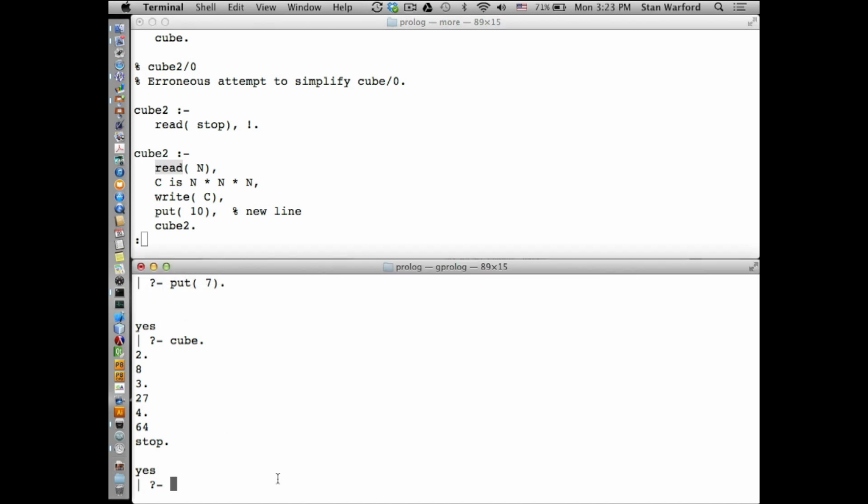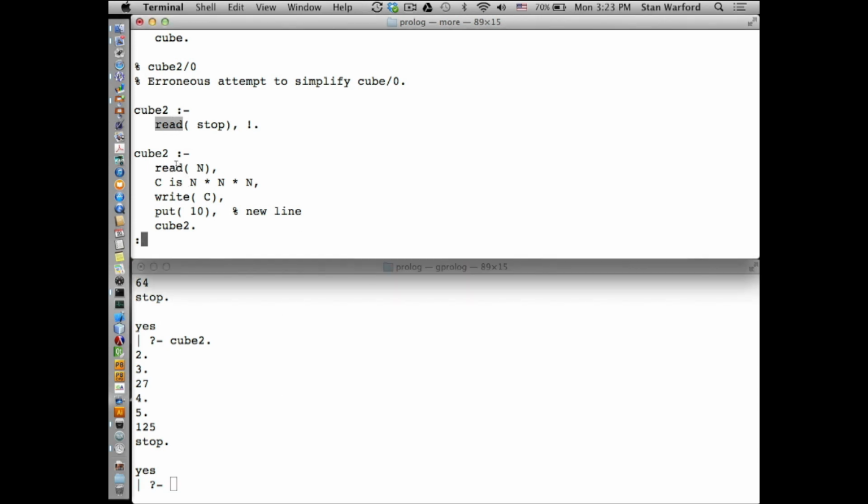So look. The problem is if we say cube 2, and now if we do 2 period, whoa, it's waiting. So now if I do 3 period, well, it gives me the 27. And if I do 4 period, oh, that matched or failed with the stop. And then if I do 5 period, that one will work, right? So now I can stop it, but you see how, because we had these two reads,